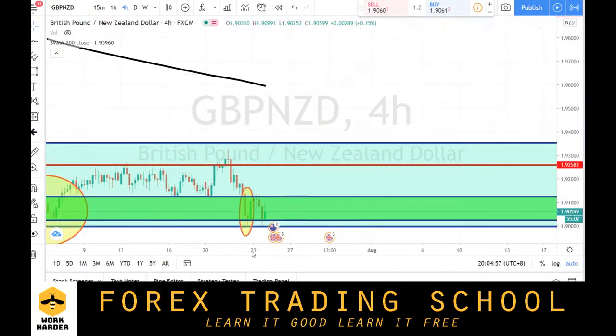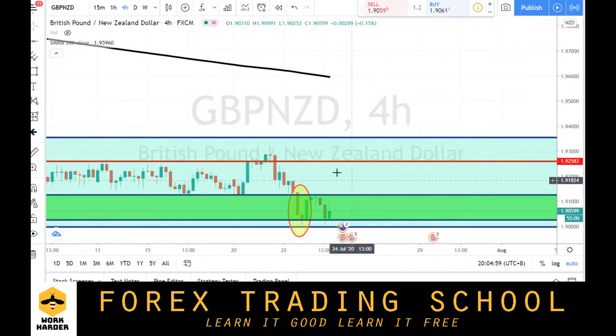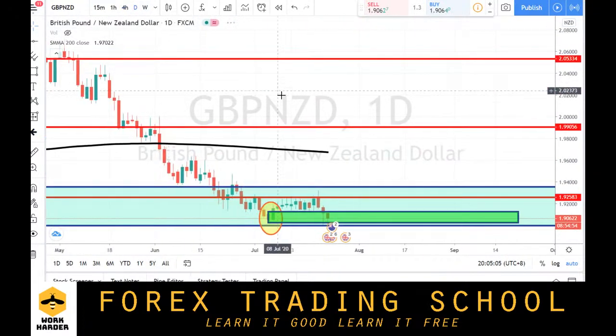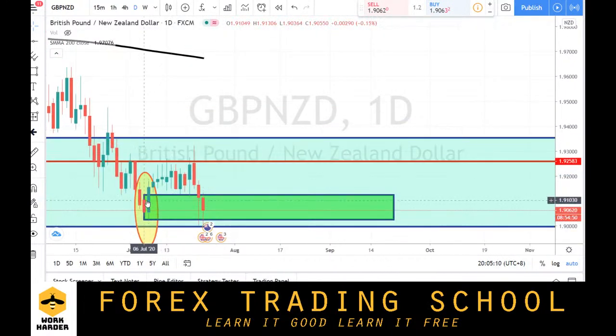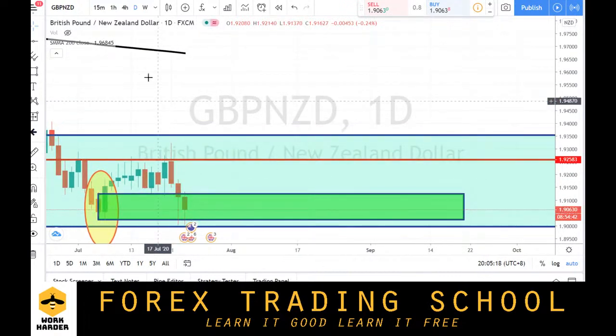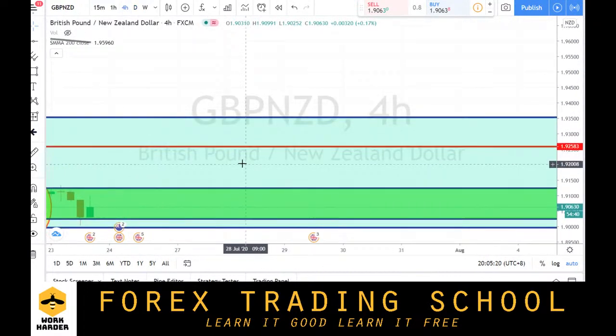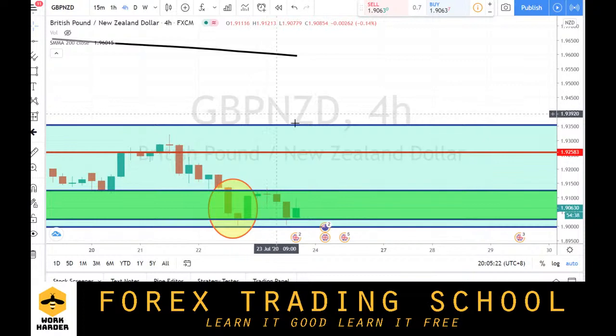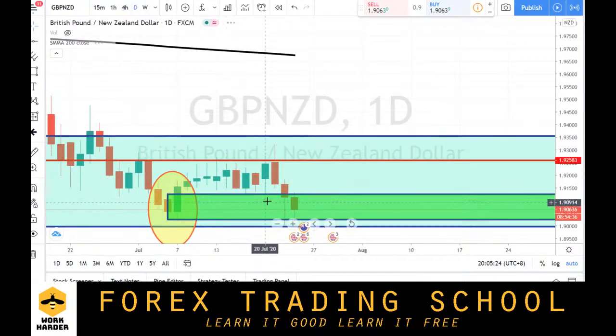Green means profit, red means loss, so try not to use red lines. I use red lines because you can see them easier, but we try not to use red lines. Try to use more green. So you see very clearly the engulfing. You see the long wick, 1 long wick, 2 long wicks. We have 2 long wicks here. In the 4-hour chart it's not that obvious, but on the daily there's a long wick. The next engulfing candlestick,